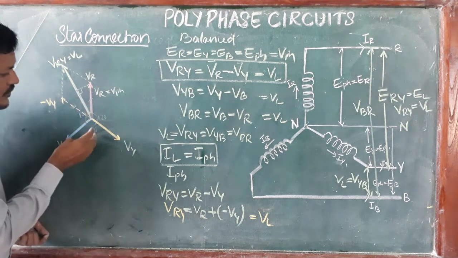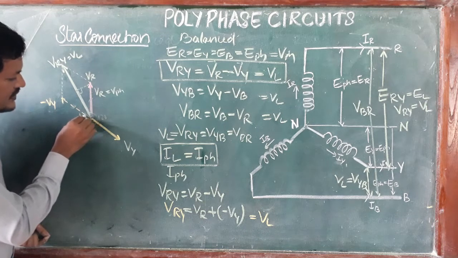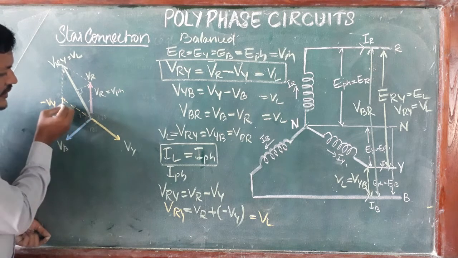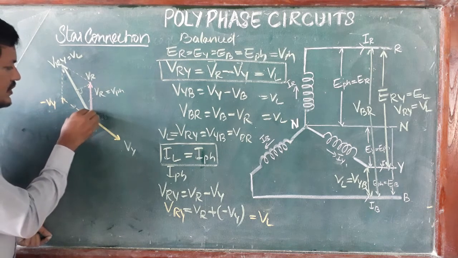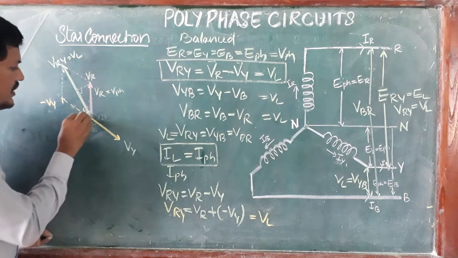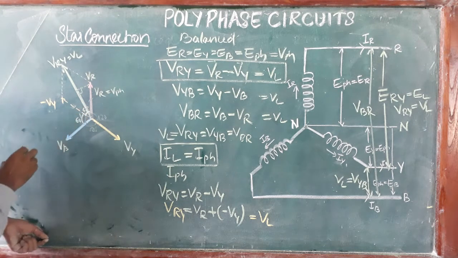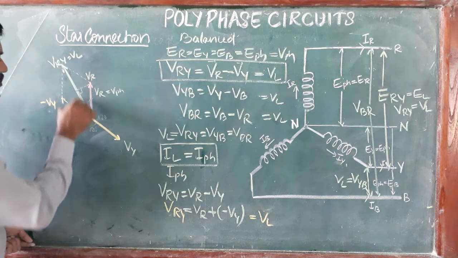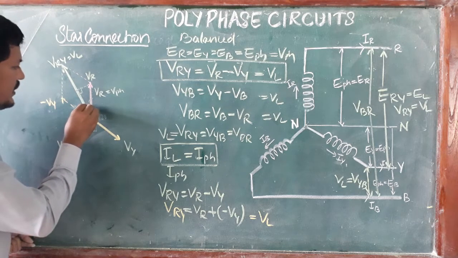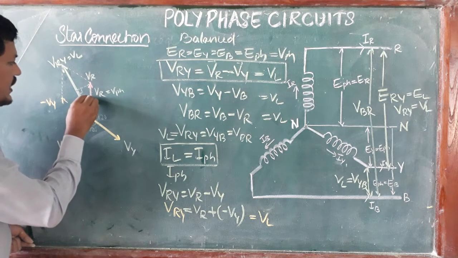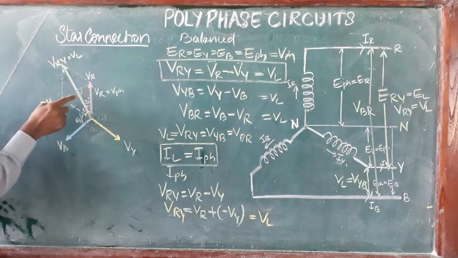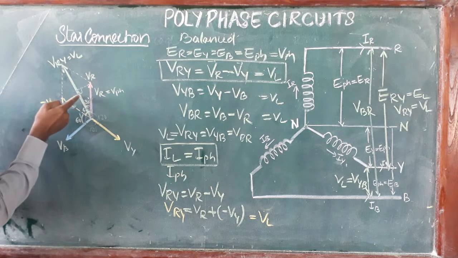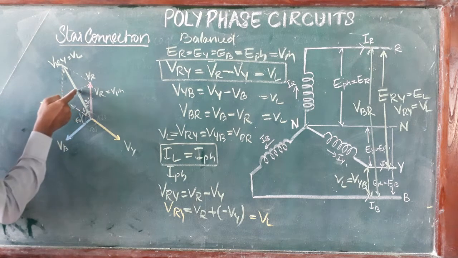So we know that the total angle between R phase and B phase is 120, and this one, minus VY, is exactly in the middle. So the remaining, this one is 60 degree. Similarly this one also 60 degree, half of it. So again in the 60 degree, the VL or VRY passes exactly through the midpoint. So remaining degree is 30. So this angle is 30. So it's a right angle triangle. Here 90, here 30. So based on this 30 degree, this one is adjacent side, this one is opposite side.